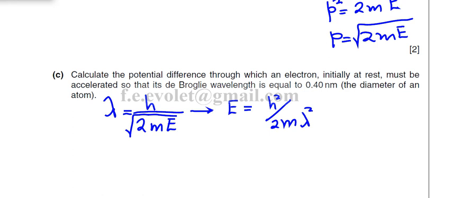So electrical energy which is provided by a potential difference is equal to